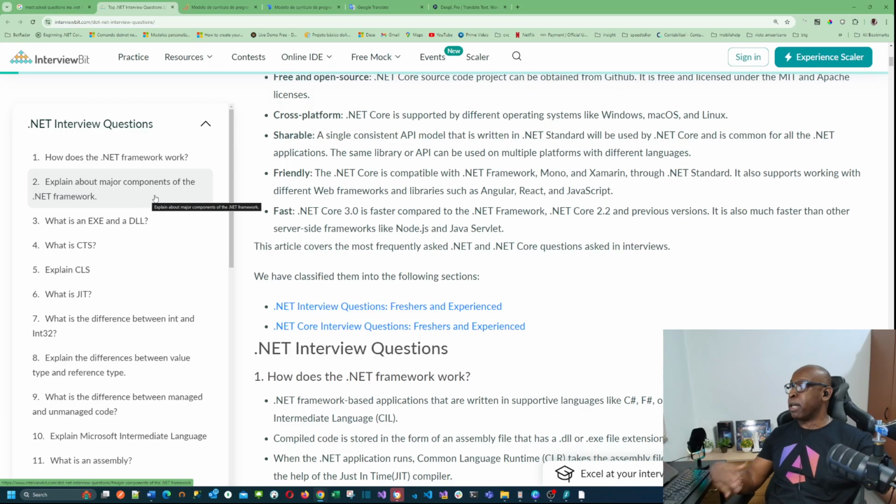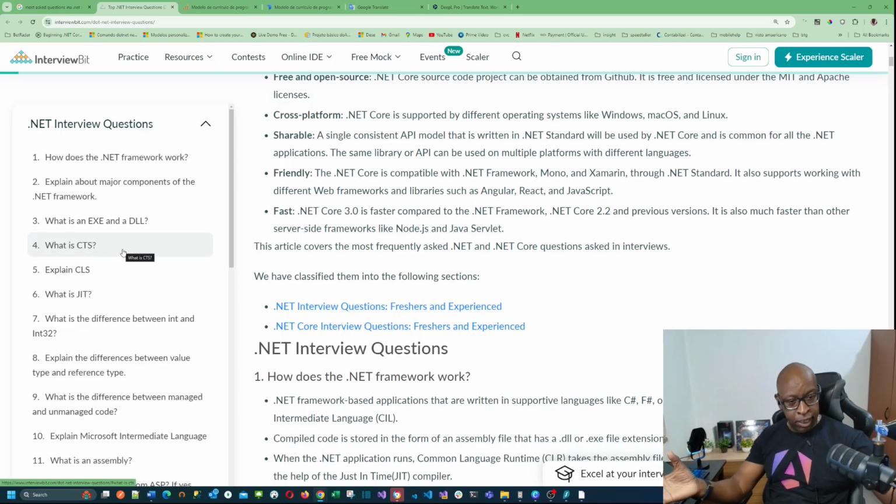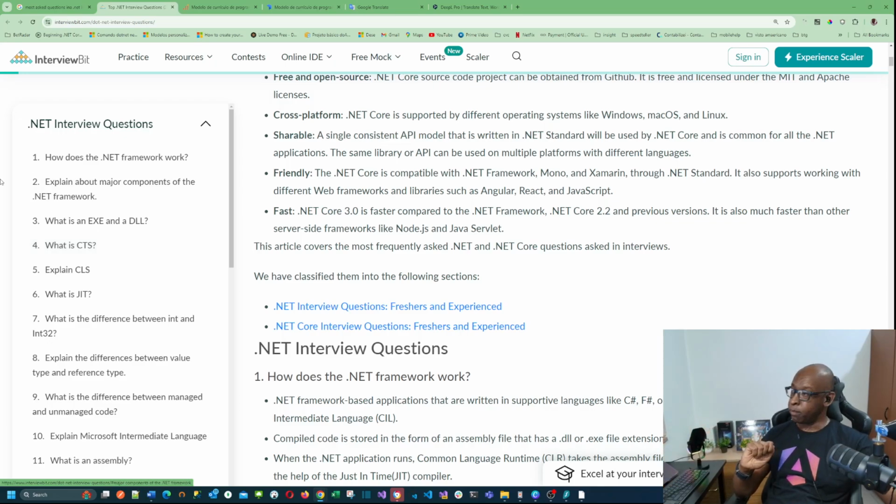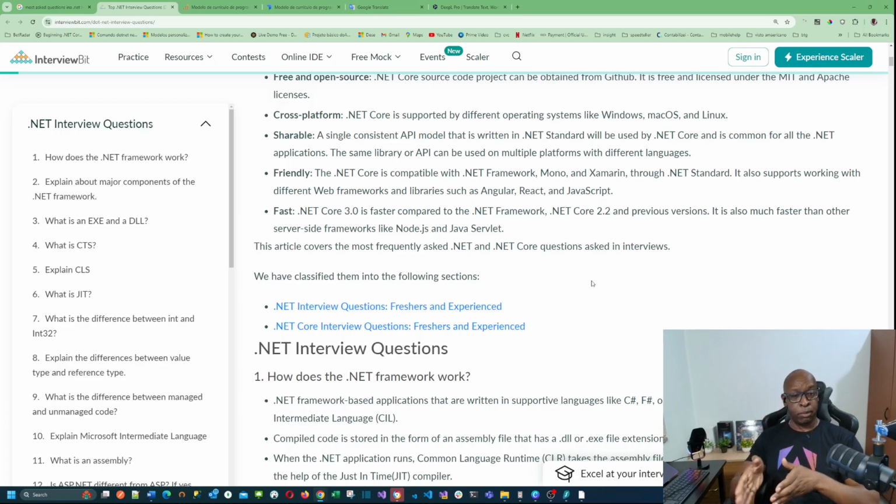explain the major components in the .NET framework. What is an EXE or a DLL? What is CTS? Something like this. Very common questions that you need to be familiar with, right? So, and besides these technical questions, business industry terms and vocabulary,